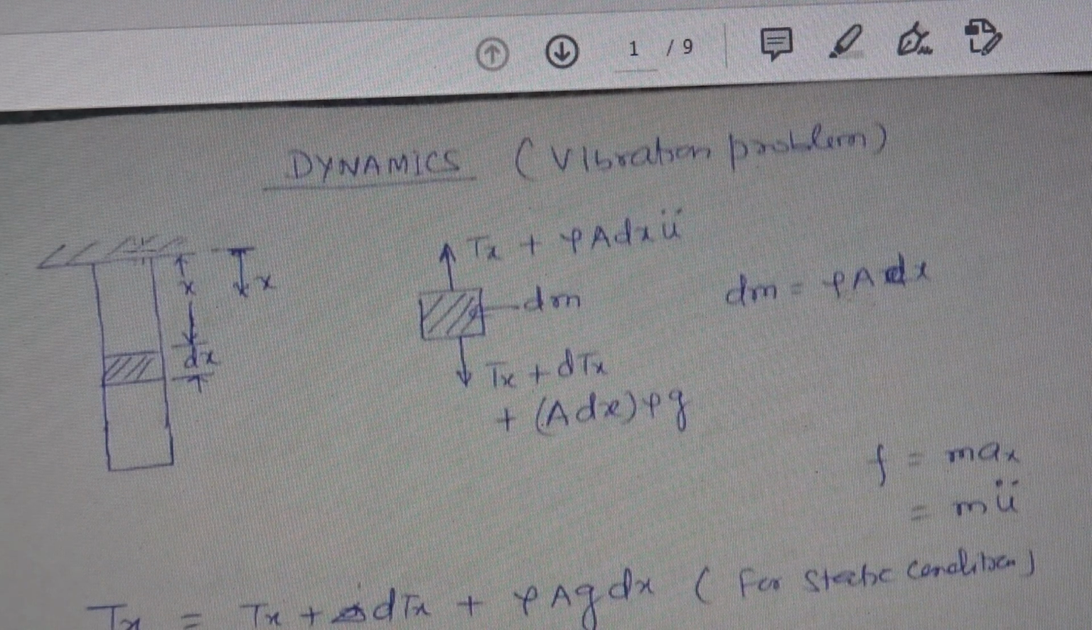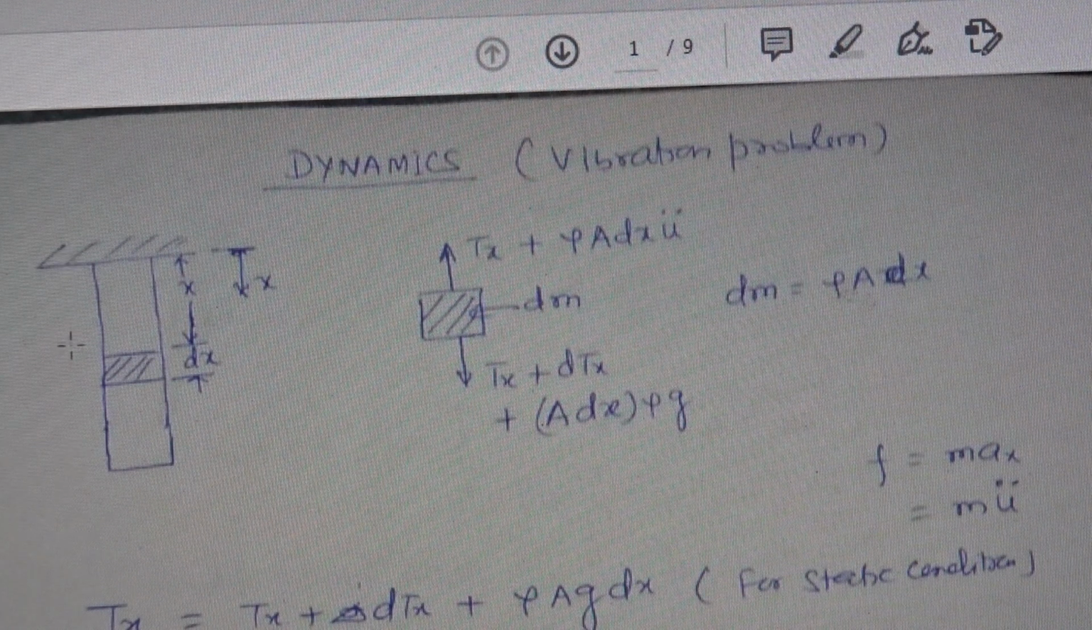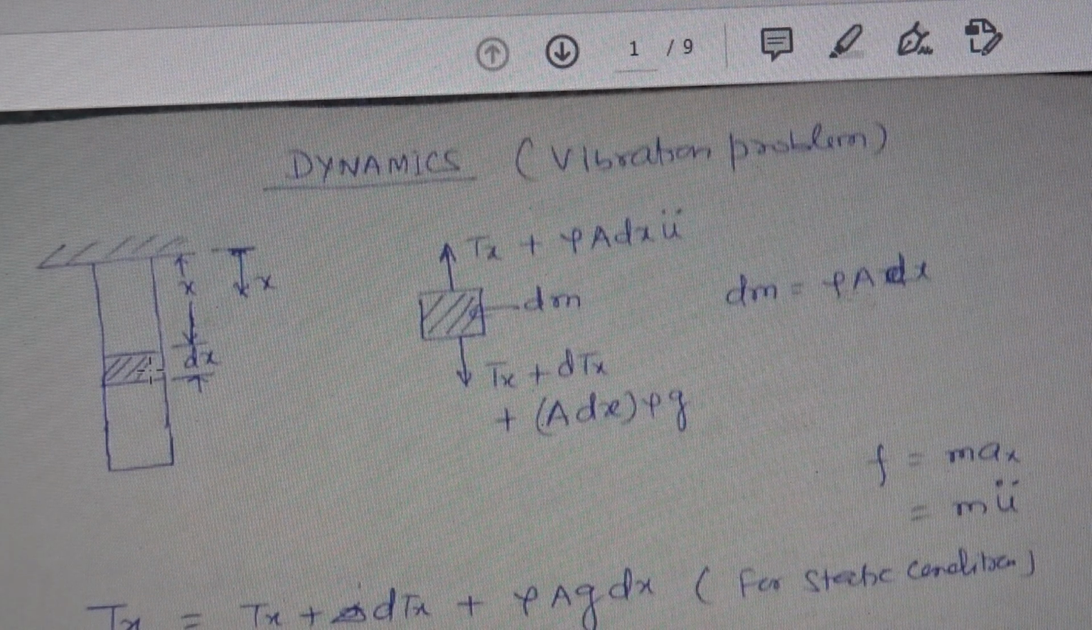So this is the bar, consider a bar which has total length L. It is not shown in this figure, but you can take the total length of the bar as L. And at distance x from the top, suppose there is an element of length dx. So for the element of length dx, when it vibrates in the downward direction due to the external load,